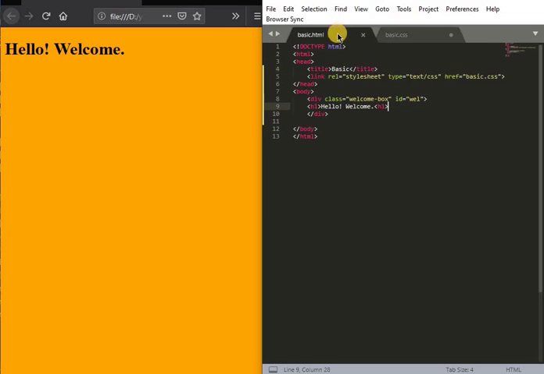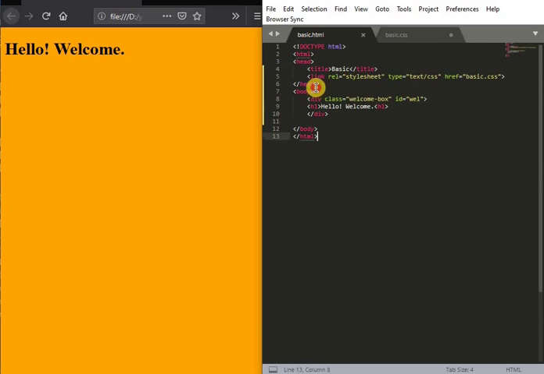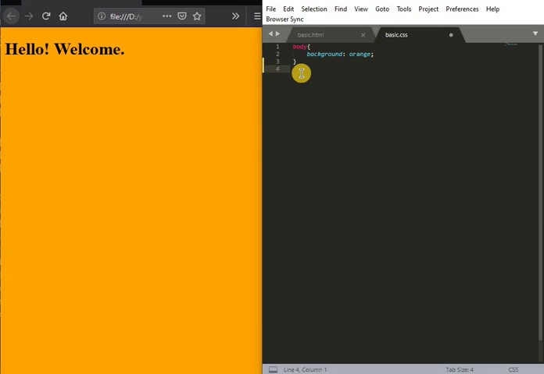As I told you earlier, I have created a division where hello welcome is placed. Now the division has the class welcome box. For CSS, the syntax is, if you are styling a tag of HTML, for example the body tag, the division tag, or the header h1 tag, then you can directly type body or h1.